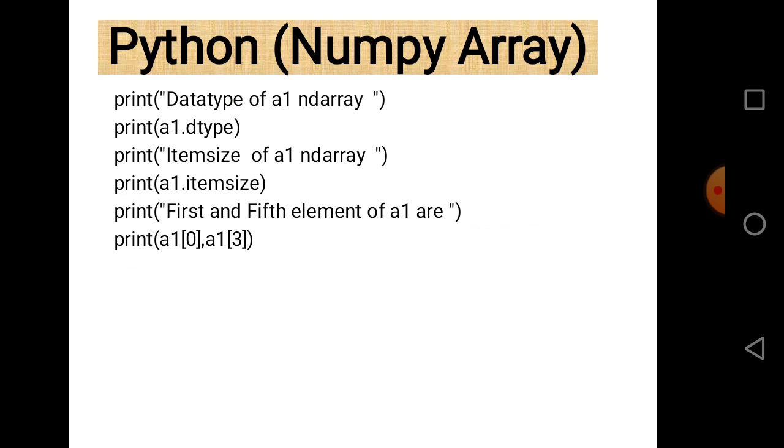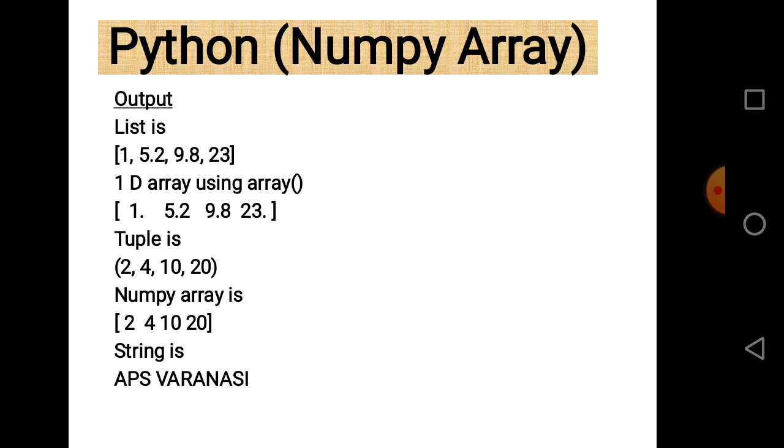So this is a basic program. Let us check what the output of that program is. First, the list is printed, and the elements of the list are already declared. So when we print the list, the elements 1, 5.2, 9.8 and 23 will be printed. But when we convert this list into an ndarray and print the ndarray, then the elements are 1., 5.2, 9.8 and